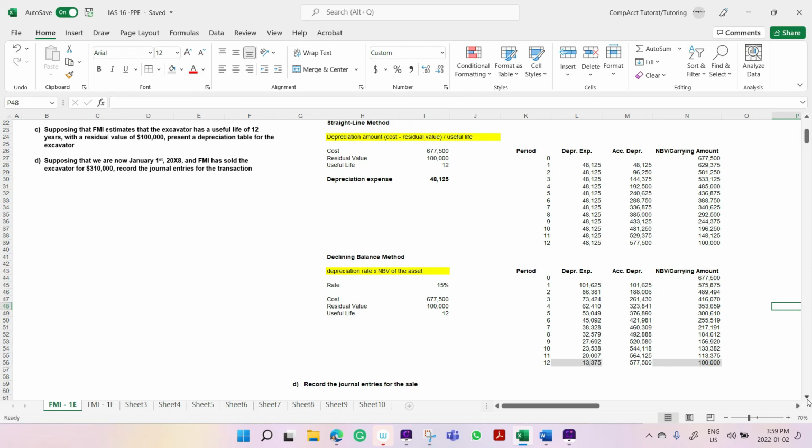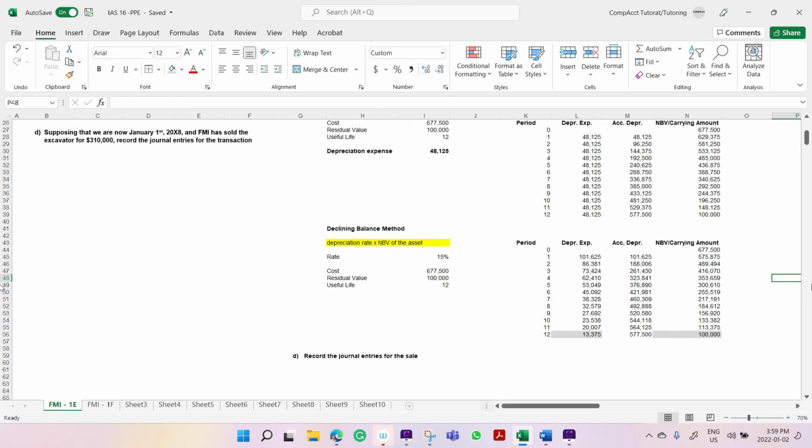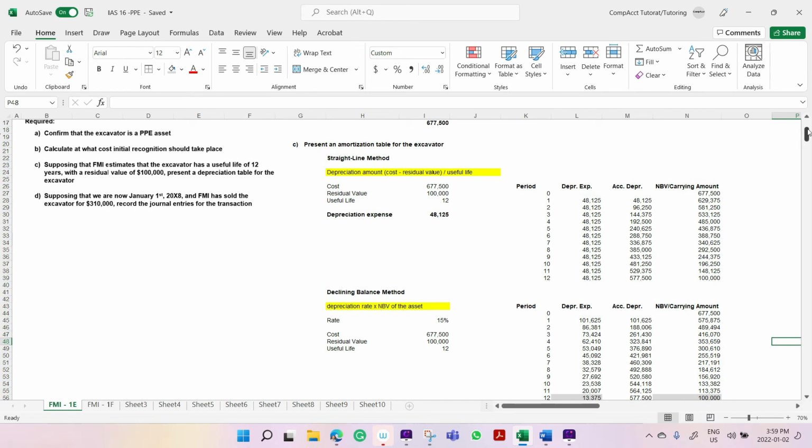Okay. And then lastly, there was a sale of the asset. So let's refresh our minds there. Supposing that we are in 2008 on January 1st, and FMI decides to sell the excavator for $310,000. Why did they do that? Maybe